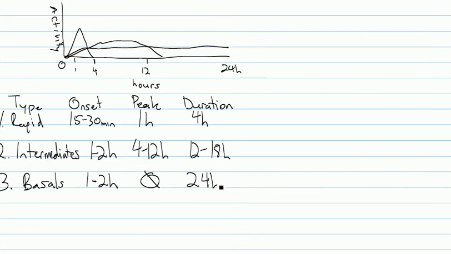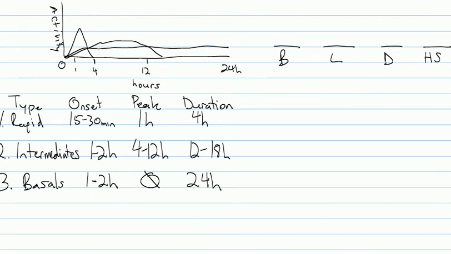So what does that mean in terms of a diabetic patient who's taking insulin? Well, what it means is that most patients with diabetes will take insulin about 4 times a day. At breakfast, at lunch, at dinner, and at night before bed. What do they take? Well,